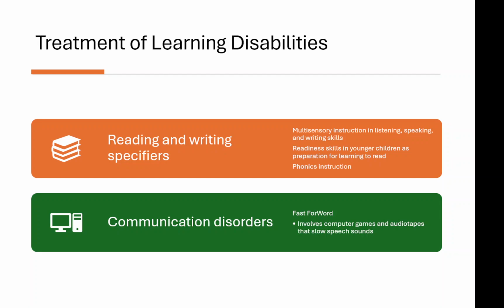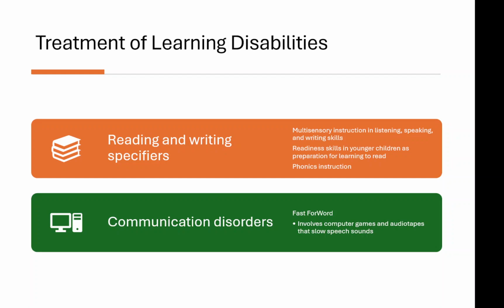For communication disorders, one program that has been proven beneficial is called Fast Forward. This program uses computer games and audio tapes to slow down speech sounds. Children with communication disorders may speak either too slowly or too quickly, causing their words to blur together. Fast Forward helps children practice speaking more deliberately, improving enunciation and clarity so that they can be understood by others,